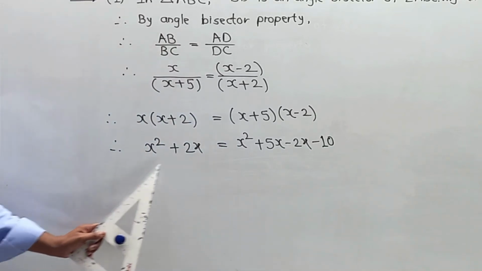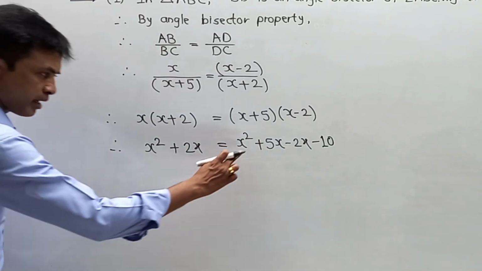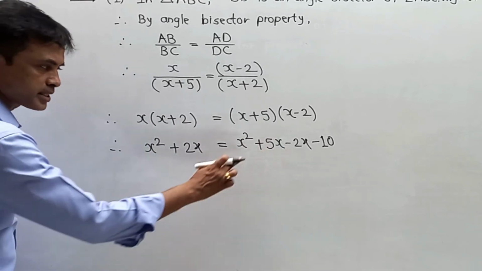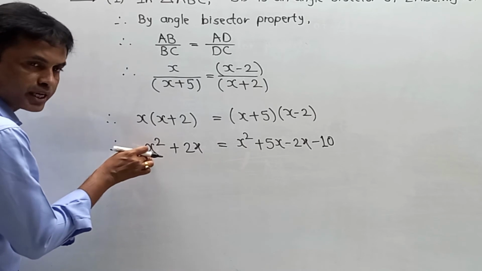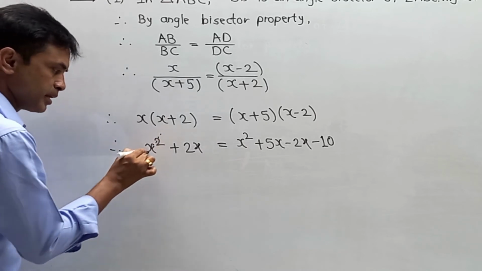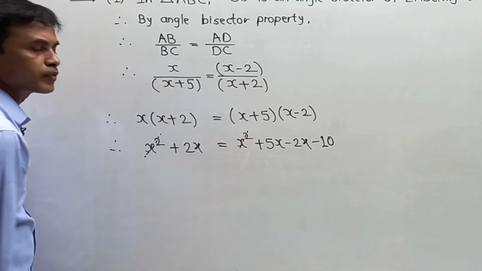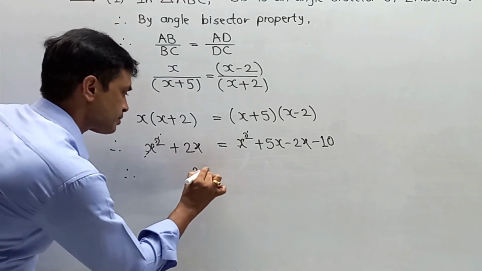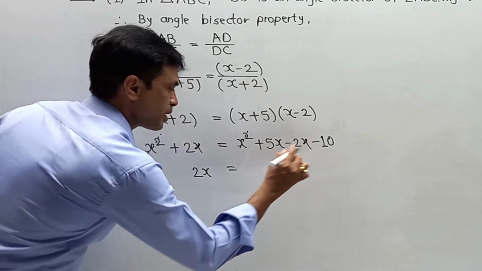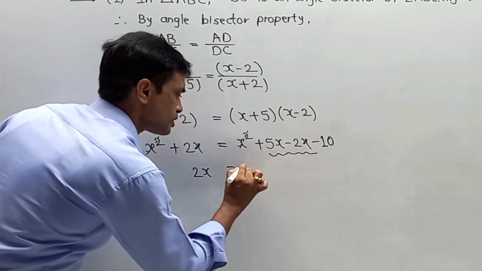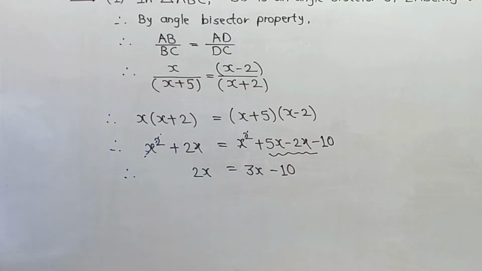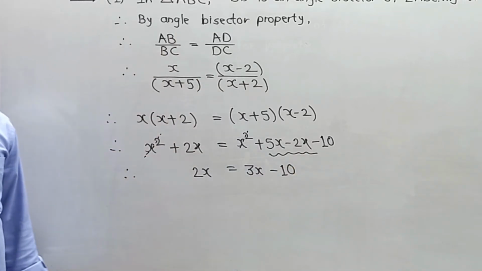Now I am going to do two steps over here directly. If I am shifting plus x square from one side to the other, automatically the sign changes. Means if this plus x square comes to this side, it becomes minus x square. Simply the x square from this side and x square from that side get cancelled. Here 2x is equal to 5x minus 2x. 5x minus 2x means it becomes simply plus 3x minus 10. Hope up to this step you are quite clear.